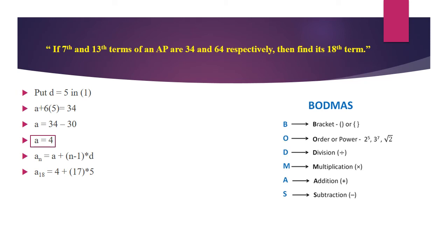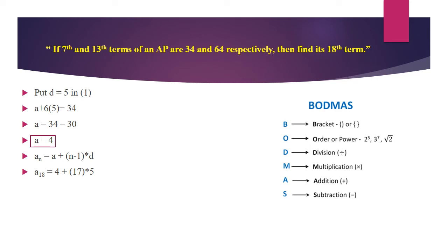Here we have to apply BODMAS rule. What is the BODMAS rule? BODMAS rule is a rule for when we have multiple arithmetic operations that we have to perform within a given equation, in which order we have to go. That is given by the BODMAS rule. B stands for bracket, means if an equation has a bracket, first we have to solve all the operations present inside the bracket.